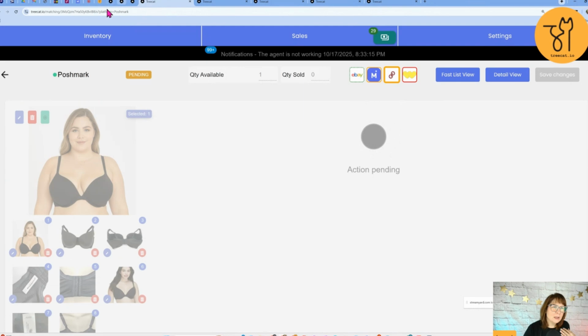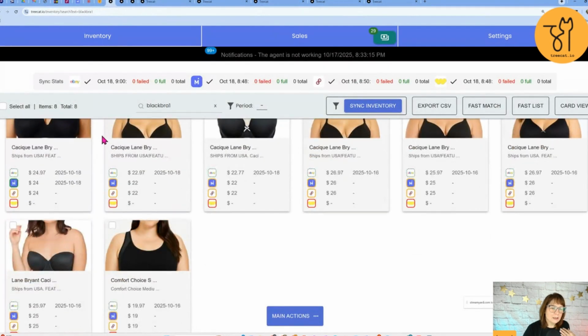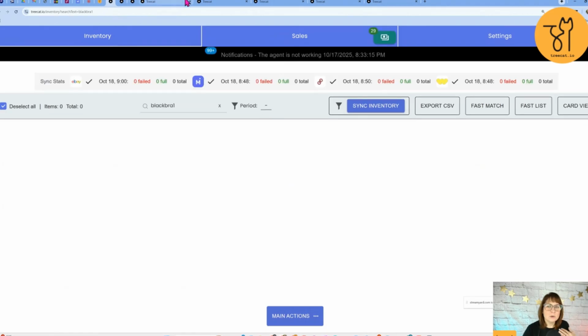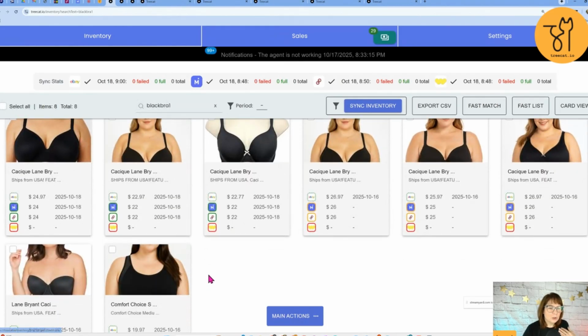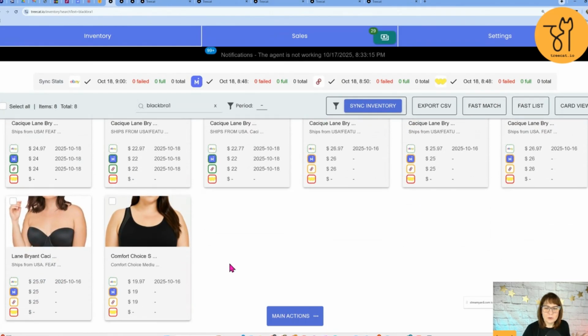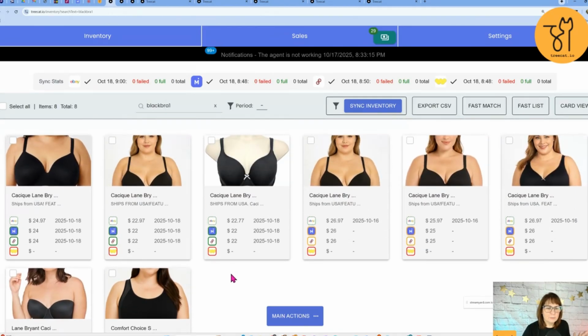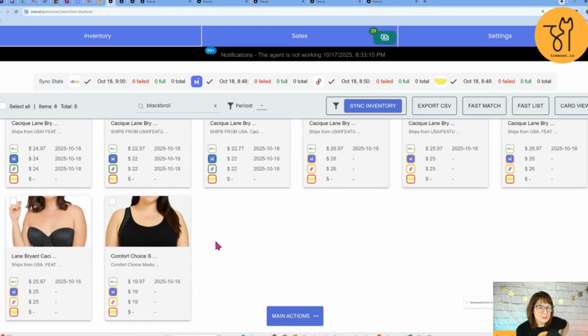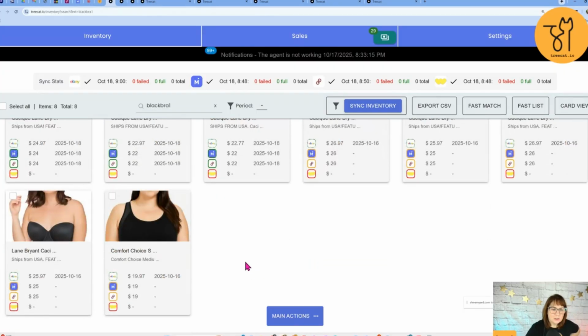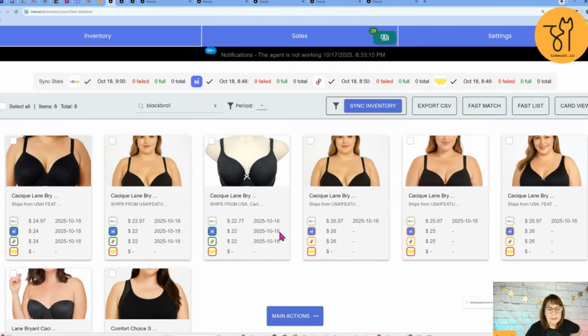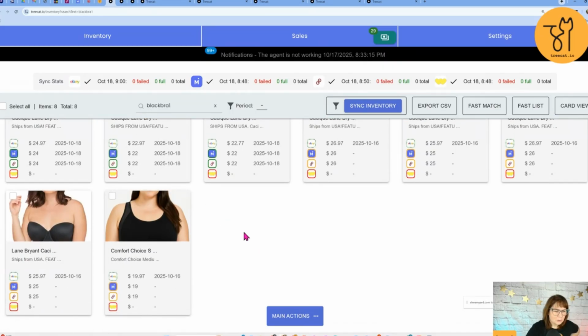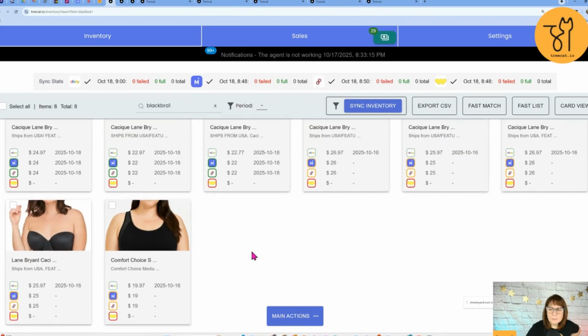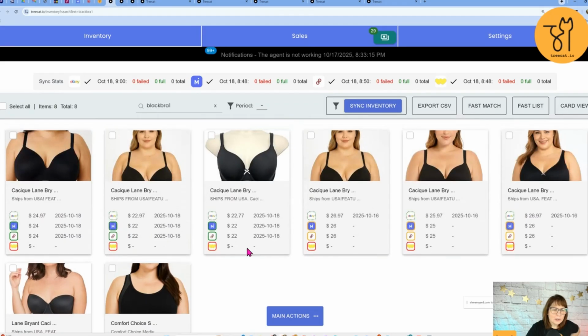Or I can go into this view and refresh. So there's 2 ways to kind of check your progress. You can either open them up in tabs, or you can go back to the card view. I like the card view because then you get a view of all of your items. Now, if you had hundreds, you'd still be able to, or 100, I guess. I've only tested it with 100. If you had 100, then you'd be able to use the card view and check and see where you're at